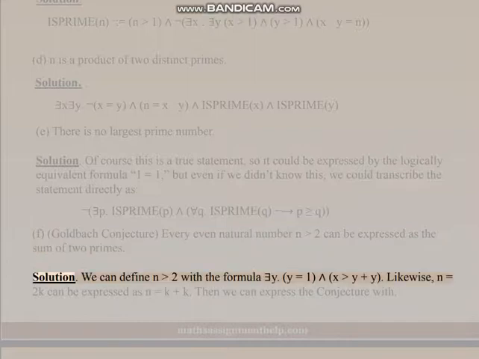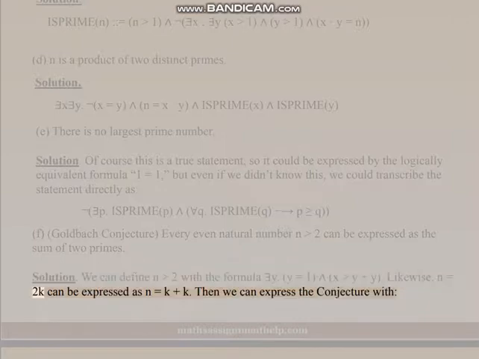Solution. We can define n greater than 2 with the formula there exists y, y equals 1, and x greater than y plus y. Likewise, n equals 2k can be expressed as n equals k plus k. Then we can express the conjecture with